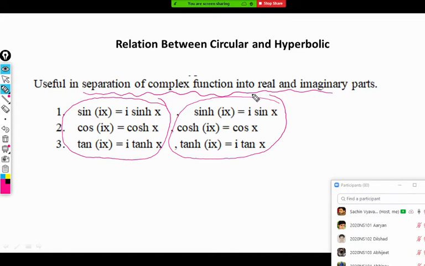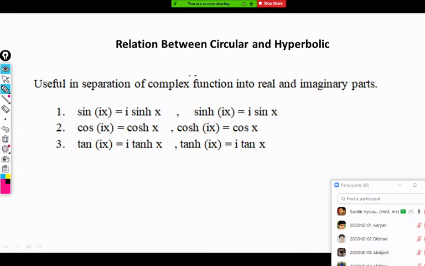We already learned that sine of minus x is equal to minus sine x. So whenever that minus is replaced by iota, then that iota also will come out. But one more important thing, sine will be converted to the hyperbolic there. That sine x will be converted to sine hyperbolic x. So whenever you come across this, what is the tan of ix? First of all, as it is an odd function, I will write iota outside, and the circular function will be converted to the hyperbolic function. So tan of ix is i times tan hyperbolic x.